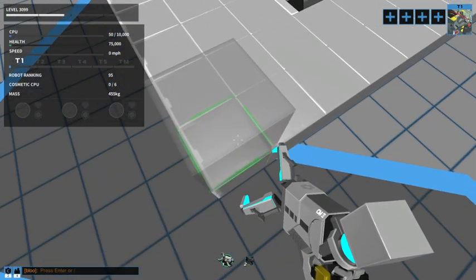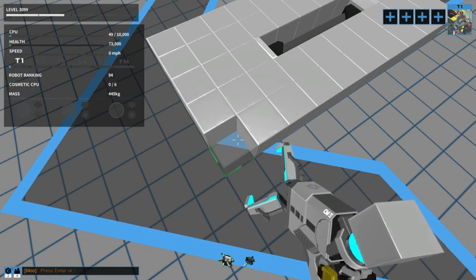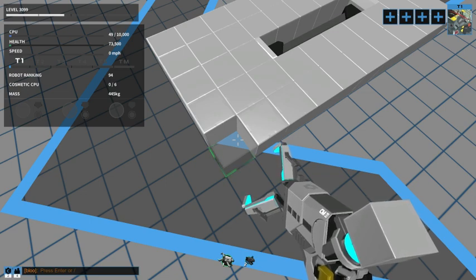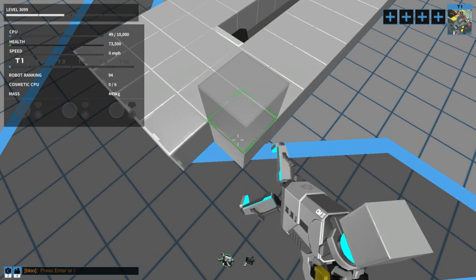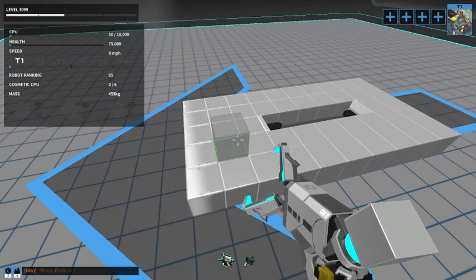So 1500 damage would take this little chunk off. And that's 1 CPU of health damage. So if you're 2000 CPU, then it's 1/2000th of your entire health pool. And obviously they're going to do a lot more than that. So you want your effective components, or your health